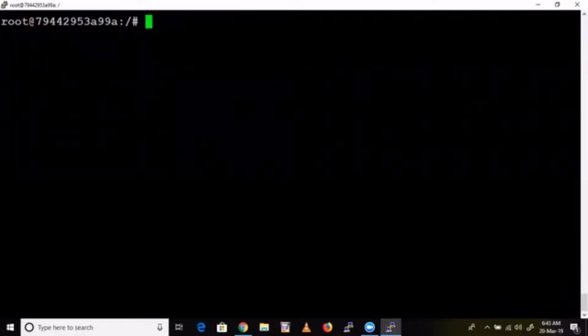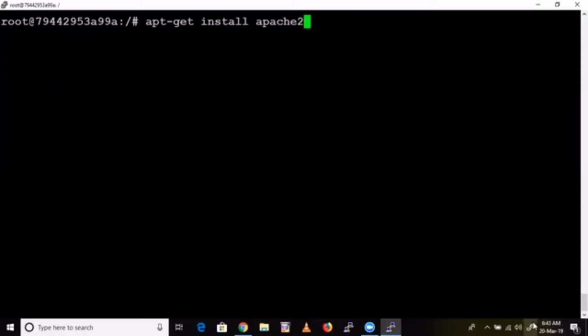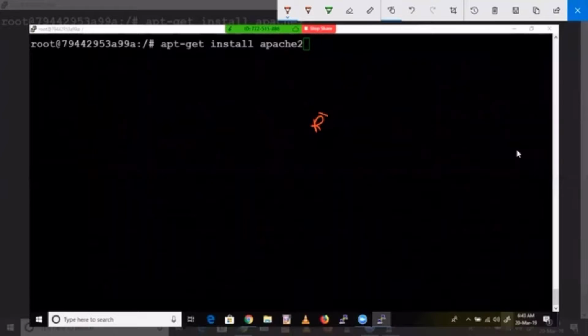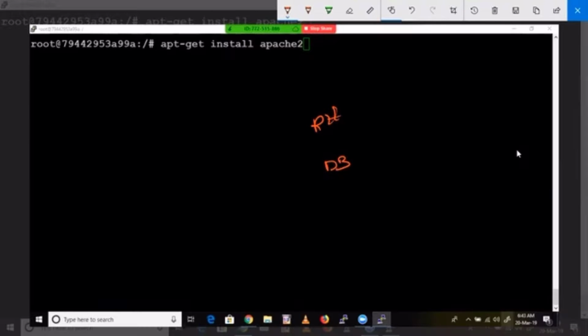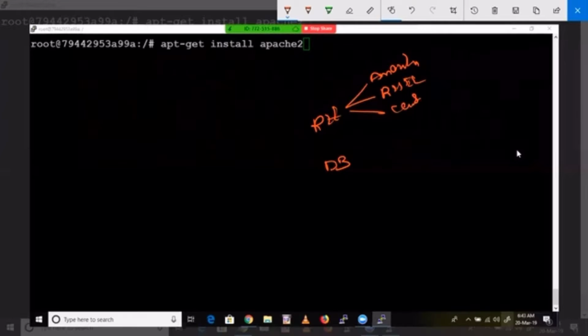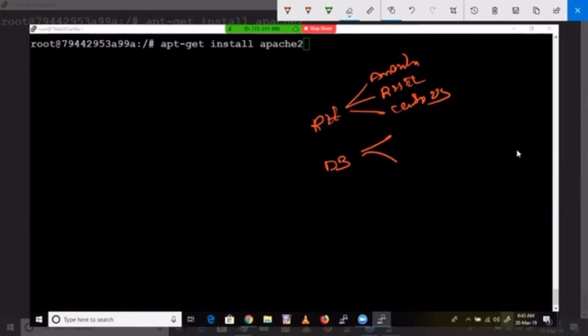That's it. So there we used to give the command yum install httpd. But here apt-get install. Now here the package name is not httpd, it is apache2. I think I have given the list, right? I mean that family, which I'll write here in a second. There are two families broadly: the Red Hat family and the Debian family. Amazon Linux, Red Hat Enterprise Linux, and CentOS come under the Red Hat family. In the Debian family, we have Ubuntu.